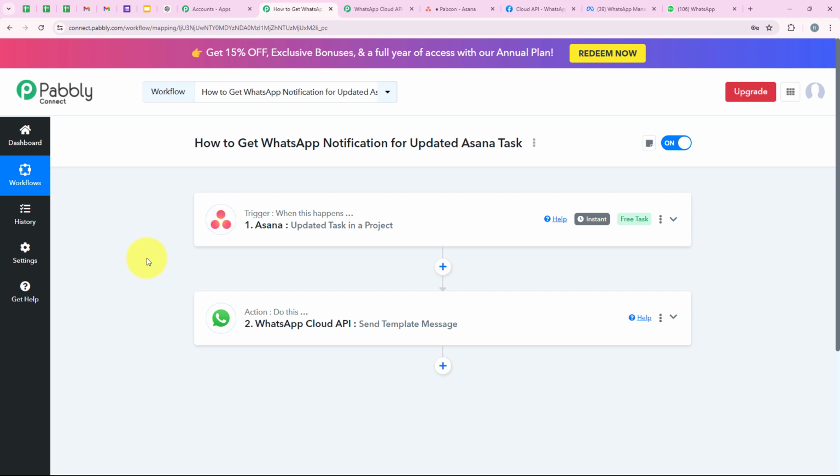I'll just summarize the workflow for you once. For the trigger application, we selected Asana. For the trigger event, we selected updated task in a project. For the action application, we selected WhatsApp Cloud API, and then for the action event, we selected send template message,